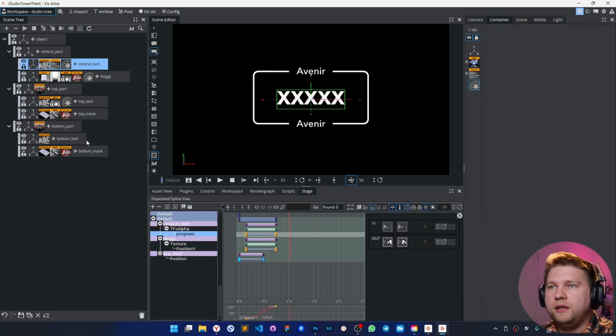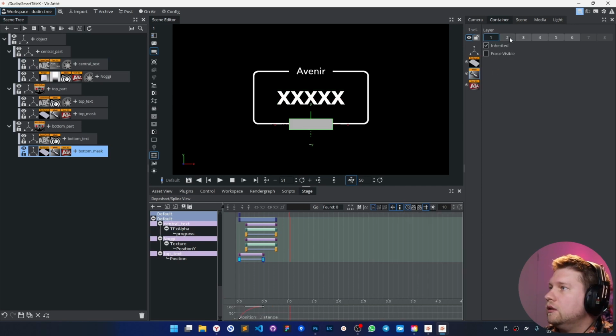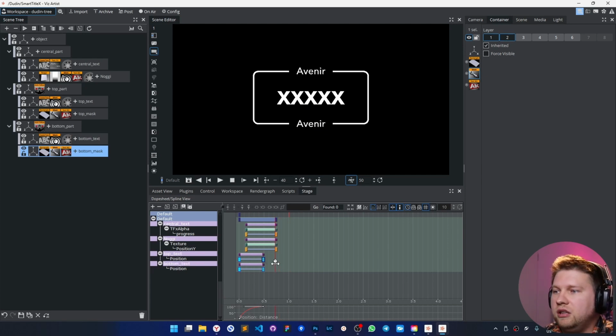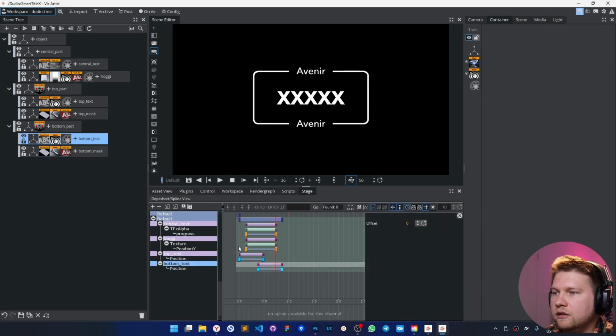We can repeat the same thing for the bottom text. Let's use the same set of the masks, because they have enough gap between them, so we can use the same layer of the masks. And of course, I can just copy the animation, and shift it like that.